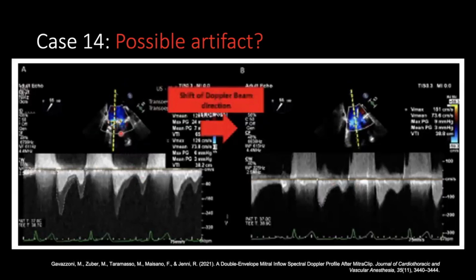you're too close. We notice that if you go right in the middle of the valve, you tend to get the denser jet only. But if you go slightly more towards the wall, the more lateral aspects of the valve, you tend to uncover this double envelope. So some people have theorized that the wall of the jet, there have been studies to show, everyone used to think that the flow in the middle of the valve is always the fastest. That is generally true, but the flow of blood right at the vessel wall also seems to have